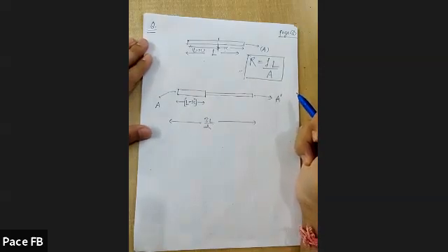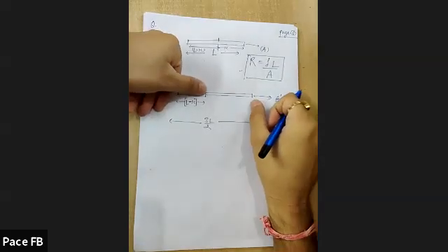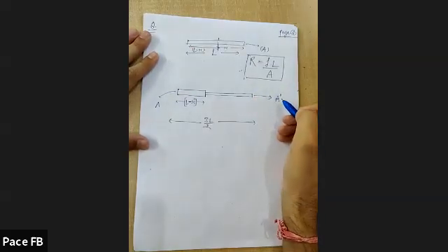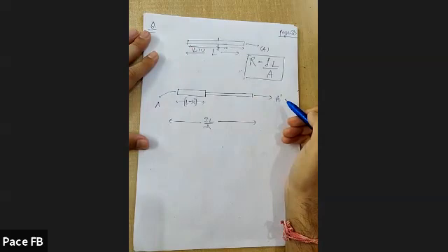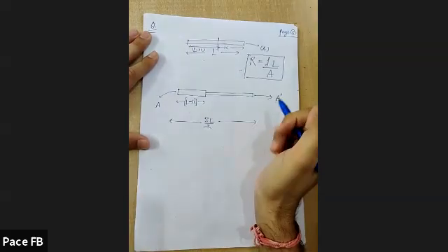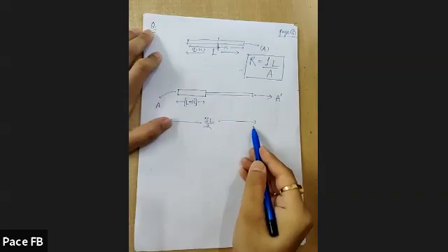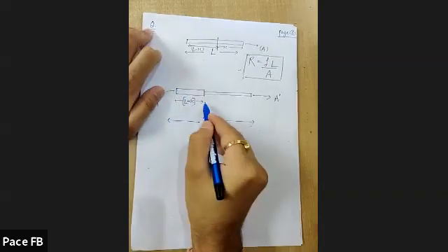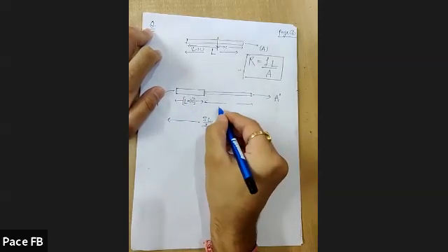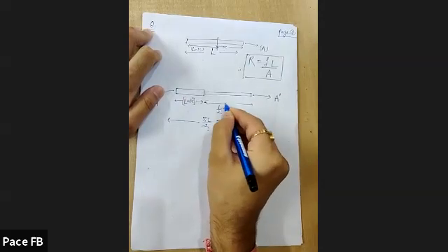Exactly, volume conservation. Jovita is telling me to use volume conservation for the stretched part. Initial volume should be equal to final volume. You would be able to find out A dash. And what is volume? Cross-sectional area multiplied by length, or height. So if the total length is 3L by 2 and this one is L minus X, then this length would be 3L by 2 minus L, which is L by 2 plus X.